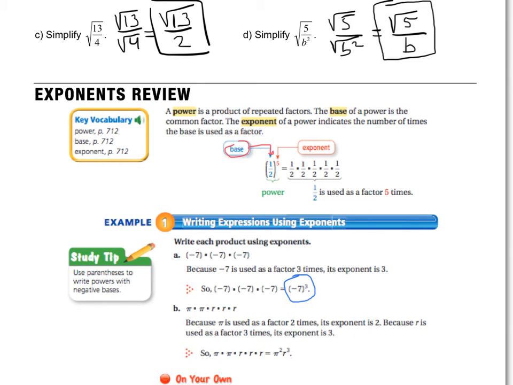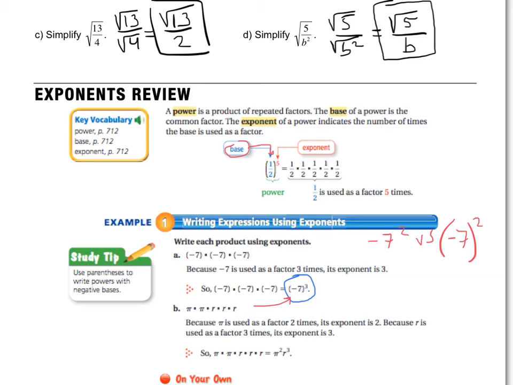When I have a negative as my base, one thing that I really want you to do is to make sure that it stays inside the parentheses. And here's a reason why I would do that. So let's say we had -7 squared. One thing that I think sometimes we look at, and we would see this, and we'd say, oh, -7 squared is 49. Well, there's a difference here, because if I was to write -7 squared like this,